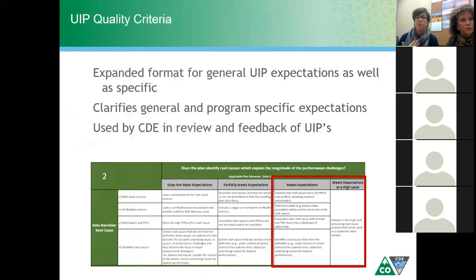We don't want it to be a gotcha. We don't want it to be a surprise. So we articulate it here through, we have both criterion-based as well as a rubric. And we really are looking to get to that meets expectation level. So again, just want you to be aware that this document is available. It is out there. And we would really like you to use it. We want it to be a resource for you as you are in the process of developing the plans, or again, leading your teams through processes that you know what you're trying to get to.